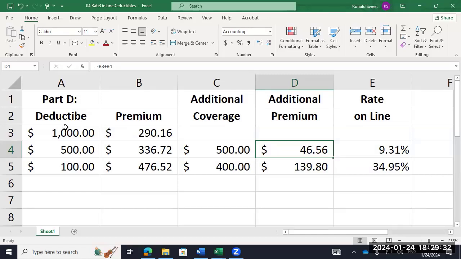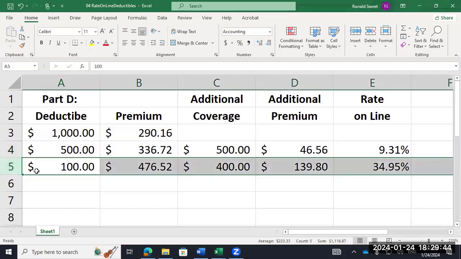Same thing with homeowners. The nice thing about homeowners is it's not as sensitive, so you can play around a little bit more and get a pretty good rate online by changing it. So I don't think the $100 makes sense. And the reason the insurance company doesn't like the $100 is they get a lot more claims. Going from 100 to 500 kicks a lot of things out that they don't have to deal with. So their costs are much lower, so they can charge much less. Any questions on that? You'll see how to do that math.